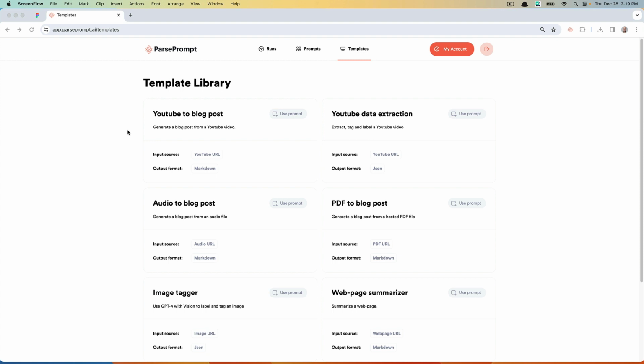So, long story short, it allows you to take a media input, whether it's a web page, an audio file, a YouTube video, an image, or even a PDF, and it allows you to run an AI prompt against that so that you can create net new content so that you can maximize distribution